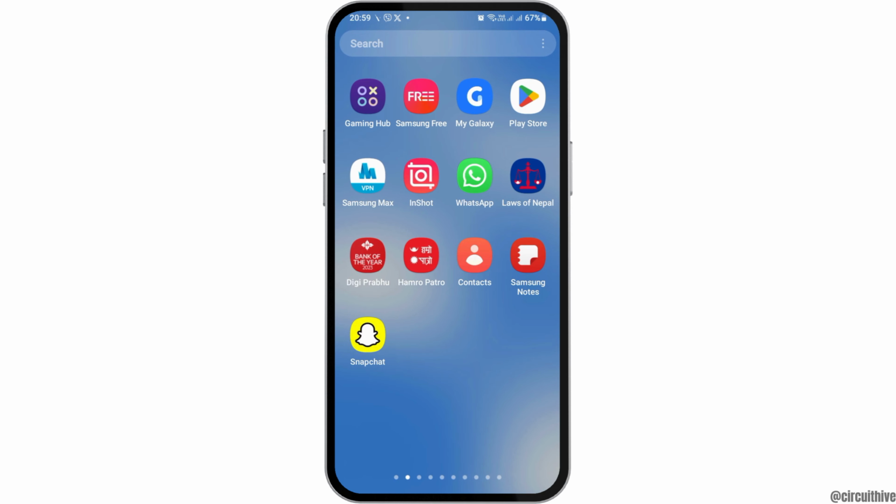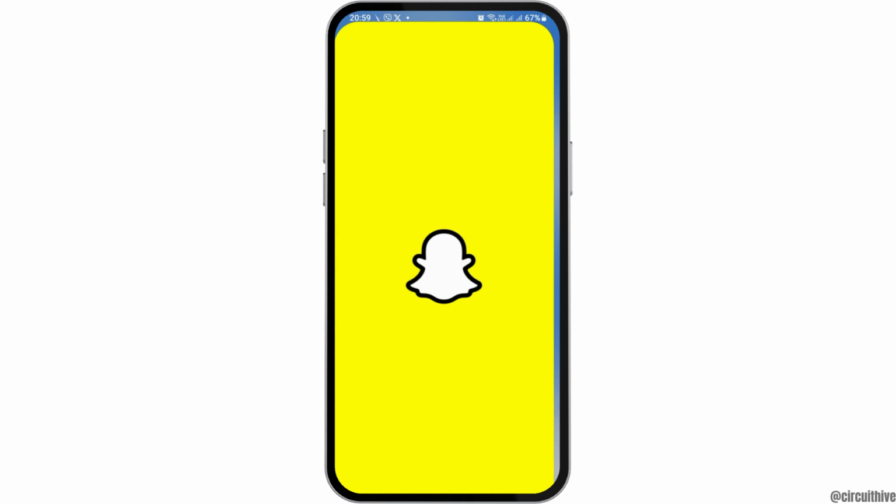For this, first of all, you have to launch the Snapchat application on your mobile device. You can find the Snapchat application by scrolling left or right, or also by going to the search icon and searching Snapchat. After you find Snapchat, you can tap on Snapchat like this and then Snapchat will be launched on